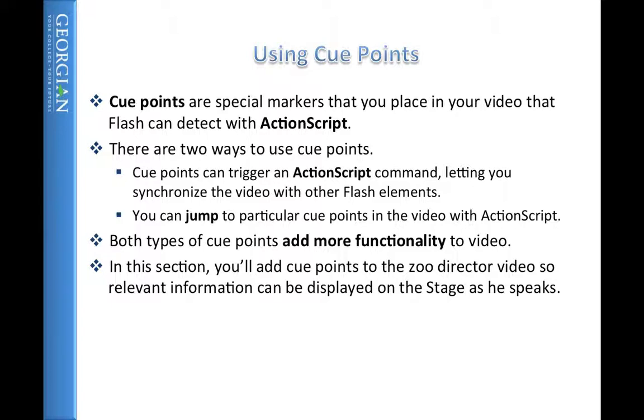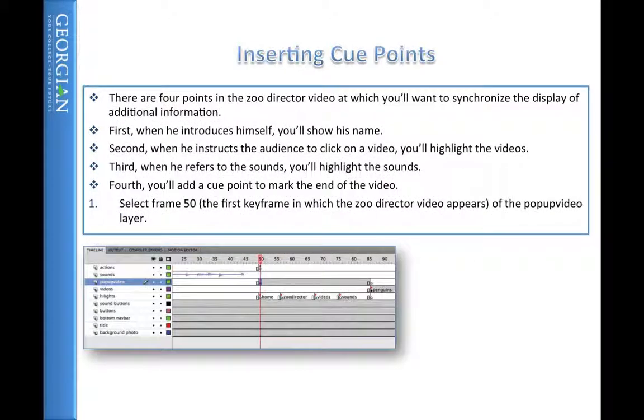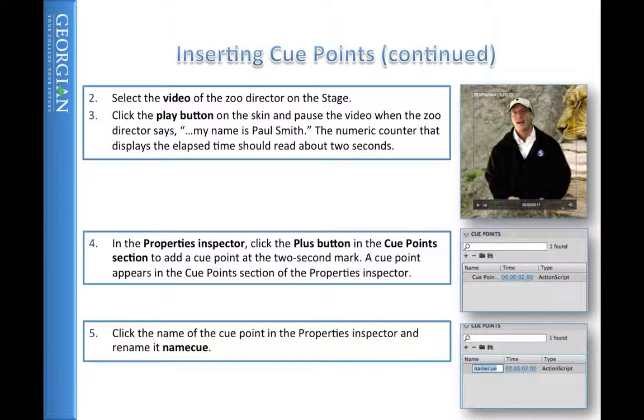So again, we talked about cue points very briefly, but really what cue points can do is you create these labels in your timeline, right? And as you hit a certain point, you can make it so that different things fire when the guy's talking. For example, he's going to say, "My name is Paul Smith." And when he says, "My name is Paul Smith," you can add a cue point. And with a cue point, you can name the cue point whatever you want, as an example,